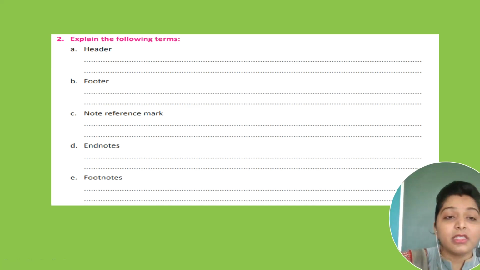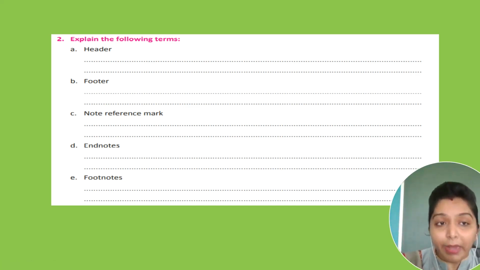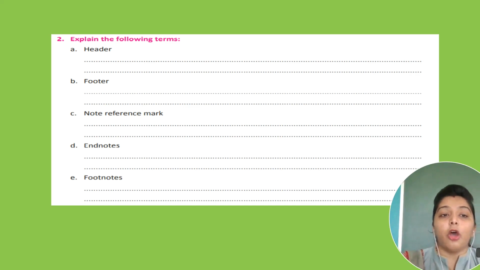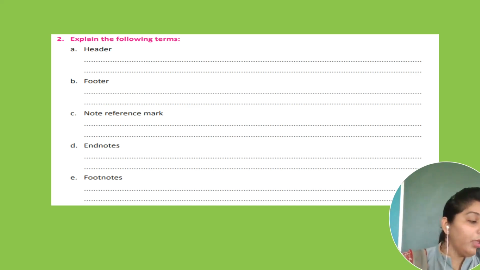The header is a section of a document that appears in the top margin. The next one is footer.